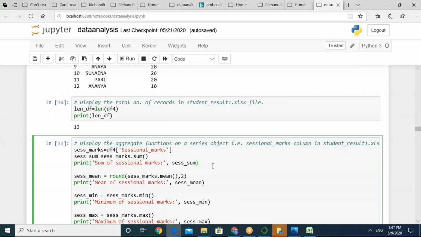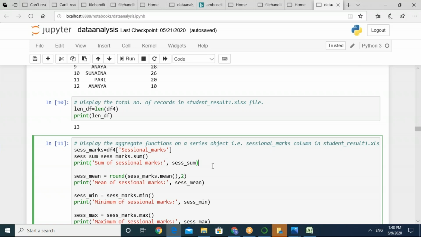अगर आपके पास एक सिंपल एक्सेल में कॉलम आप बना लीजिए, उसमें आप 5 to 10 वैल्यूज एंटर कर दीजिए. Are you getting me? अगर नहीं भी है तो उसमें आपने जो फाइल एक्सेल की बनाई है उसमें एक कॉलम ऐड कर दीजिए and in that you simply have numeric values. अब आपने जब फाइल को ओपन किया है, डाटा फ्रेम के अंदर से आप सिर्फ एक कॉलम एक्सट्रैक्ट करोगे. मैंने यहाँ पे सेशनल अंडरस्कोर मार्क्स लिया, आप कुछ भी ले लीजिए, उसमें मार्क्स कॉलम बना लीजिए और उसमें फिर आप सम मेथड को रन करके देखो.